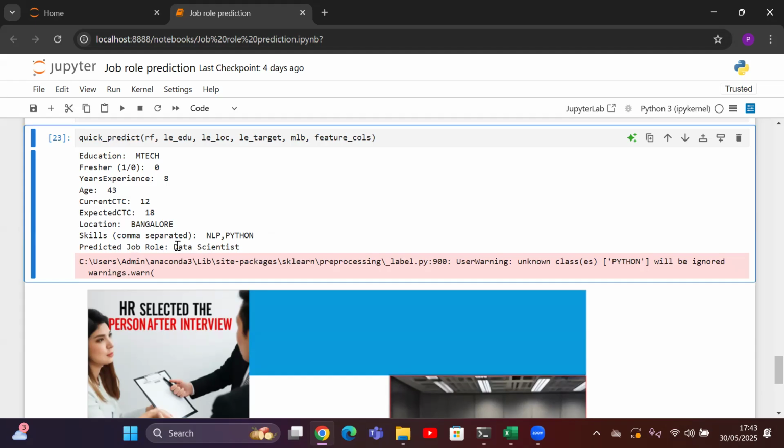So yeah, this is all about a small prediction project using machine learning, a Python based model which is trained on a regular classification algorithm called random forest, which is basically an ensemble technique of decision trees, where many decision trees are there. So you can have so many extensions possible. You can deploy this model as a web or a mobile app using Flask or Streamlit.